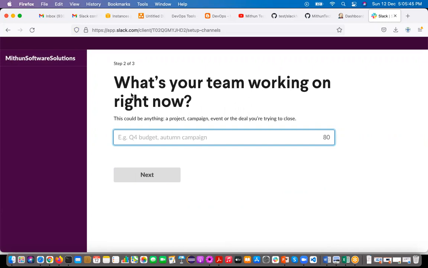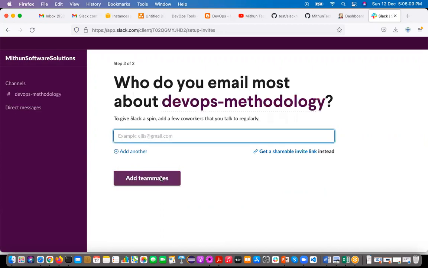It is asking what your team is working on now. I'm saying DevOps methodology, we are just implementing the DevOps methodology. If you want to add any resources, you can, or you can click on skip.